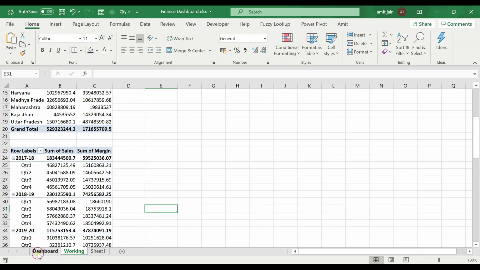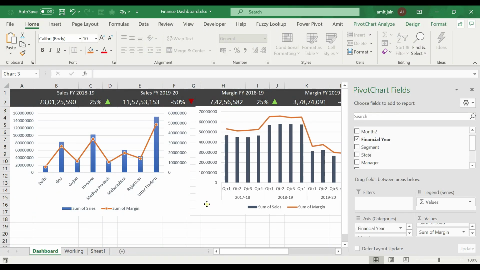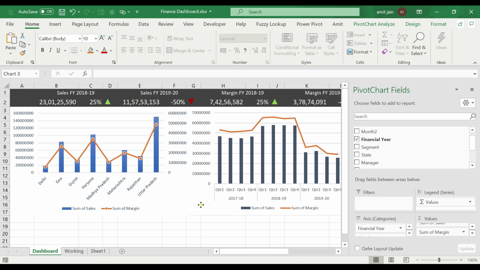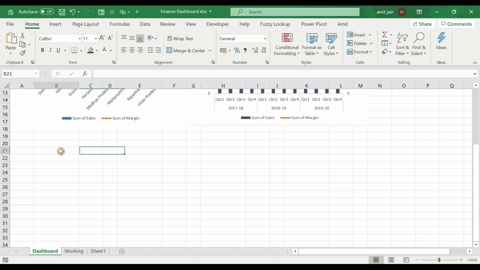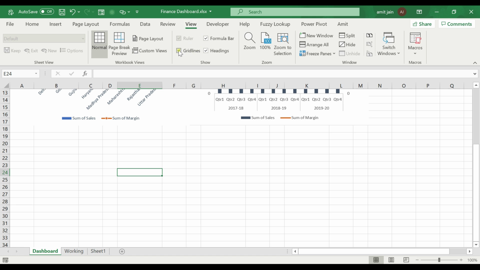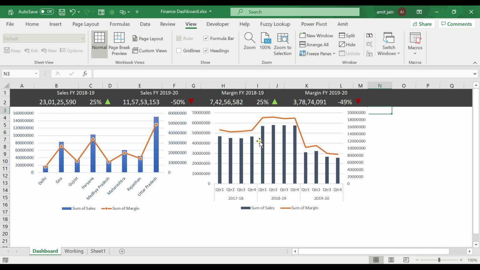Cut, Control X, and paste over here, and do some settings as per your sheet. And friends, before starting all this, you can basically remove these grid lines also. Remove these grid lines before starting. In view, you can simply remove these grid lines, because I don't need these grid lines. I have removed these lines.